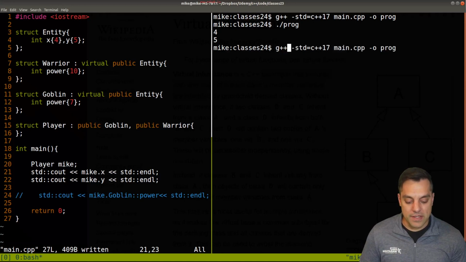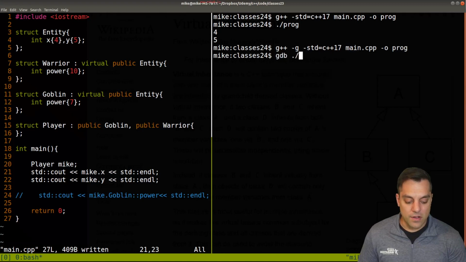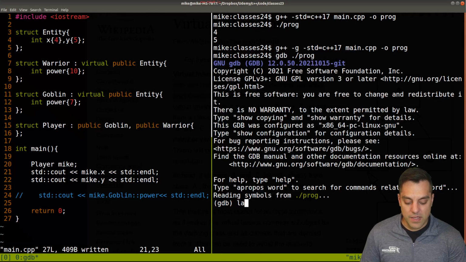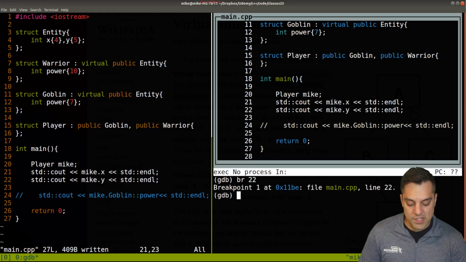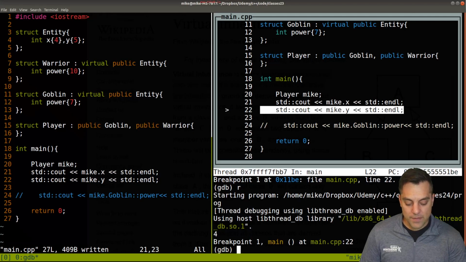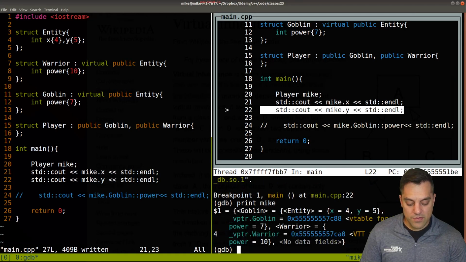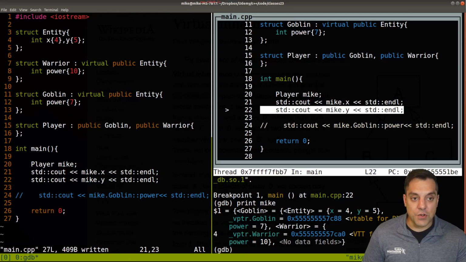I'm going to recompile this with debugging symbols, and let's just go ahead and crack open GDB. I'll use the source view here, and let's just go ahead and put a breakpoint at line 22, run the program, and I'm just going to print off Mike here,